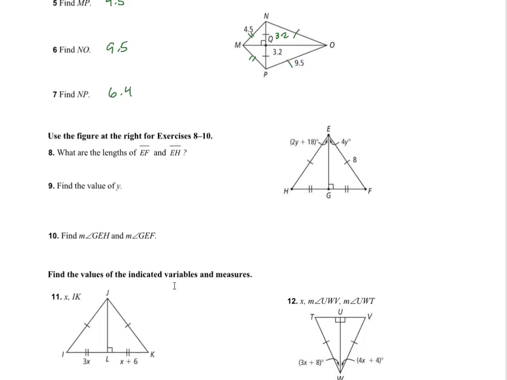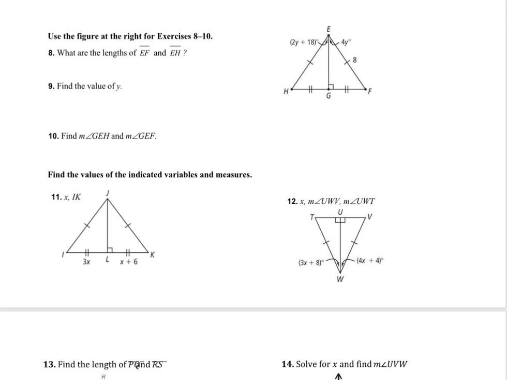So look at the next figure. We're going to find EF and EH. Since E is on the perpendicular bisector, those distances are the same, and they're both going to be 8. To find the value of y, we can set 2y plus 18 equal to 4y, so 2y is equal to 18, and y is actually equal to 9,